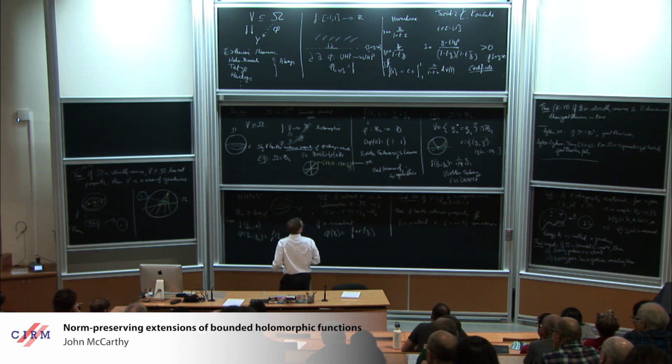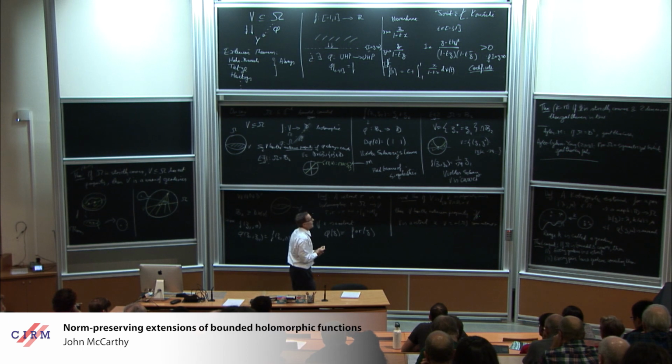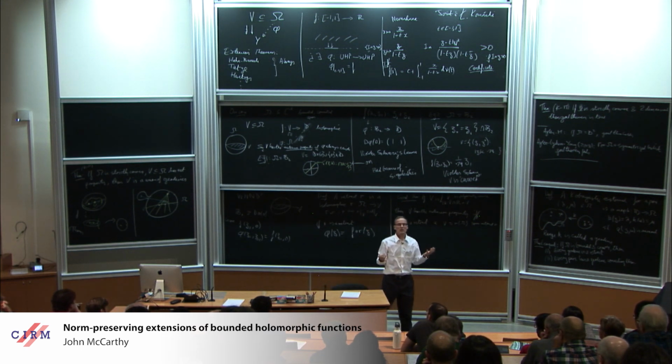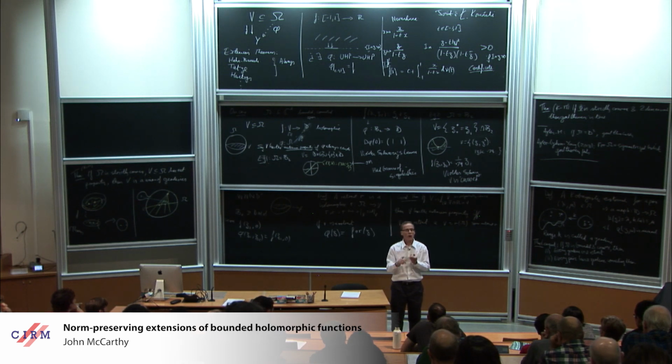Okay, so what happens when you want to go beyond 2 dimensions? Well, the totally geodesic property persists. The problem is that retracts are not understood if the dimension of the set is more than 1. So there are a couple of special cases where you can just work it out. For the ball, it's fairly easy to work out the retracts, and the theorem is true for the ball in any number of dimensions.